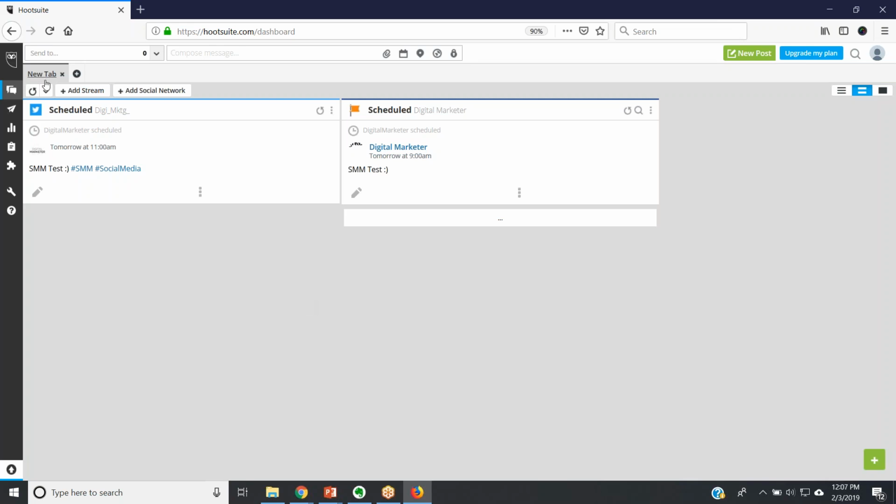So the first thing that you can use Hootsuite for is scheduling. You can also use it to manage your complete social media from one dashboard, right? Like I said, I'll just repeat. You can use it to manage your entire social media from one single dashboard. Let me give you an example, right? So on Hootsuite,